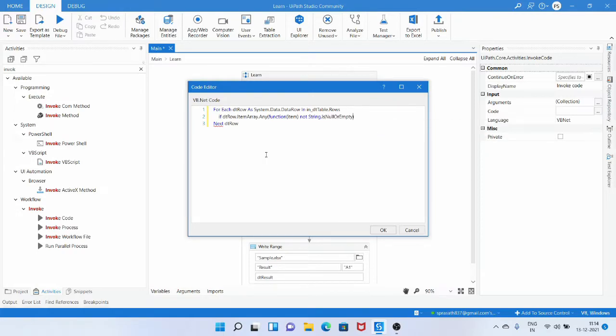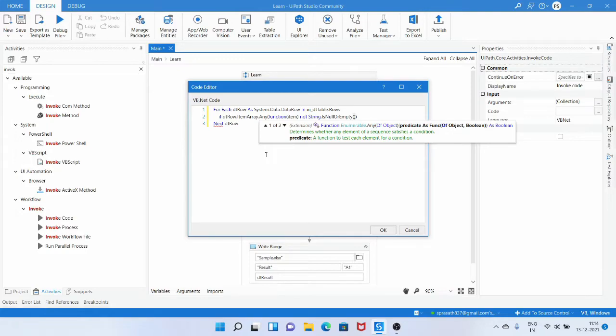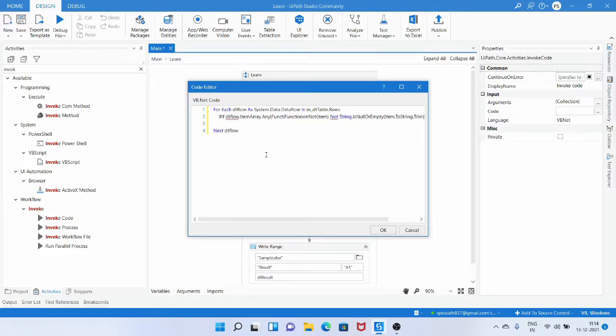We use the method String.IsNullOrEmpty. It returns true if the item is empty and false if it is not empty, so we use the Not operator to convert this false into a true.